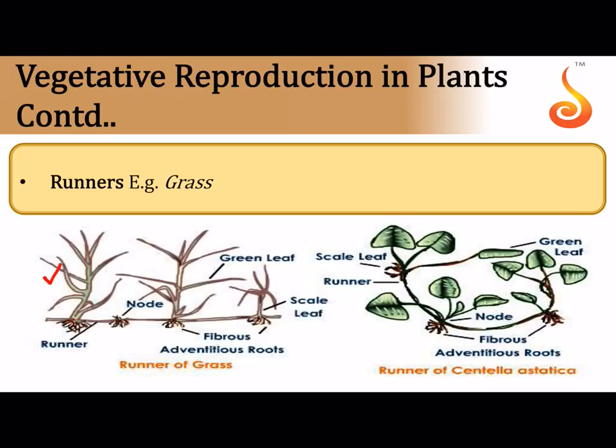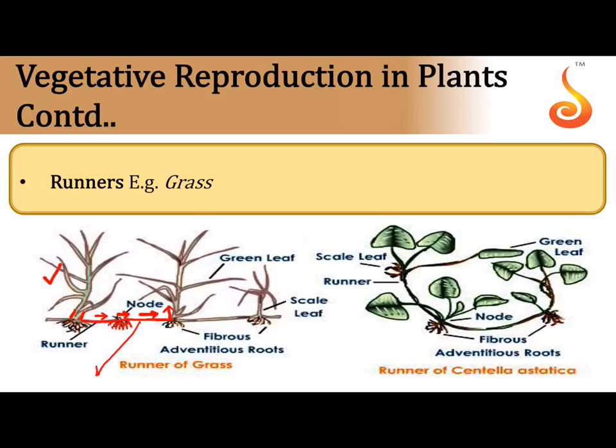So this is the parent plant. This is the grass. Now see, at the base of this crown or this aerial shoot, you can see a horizontal branch that is coming out. And the horizontal branch travels on the surface of the ground horizontally, and you can see regularly it is developing roots also. And after traveling a certain distance, it has given rise to a new crown or a new aerial shoot, a daughter plant.